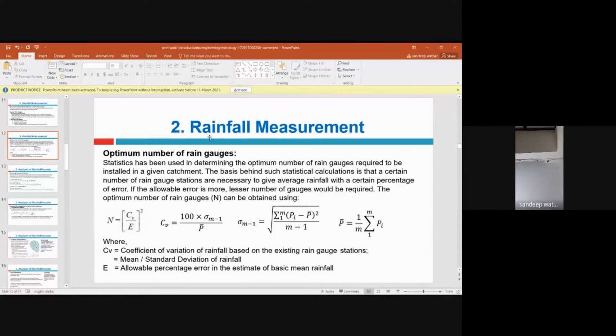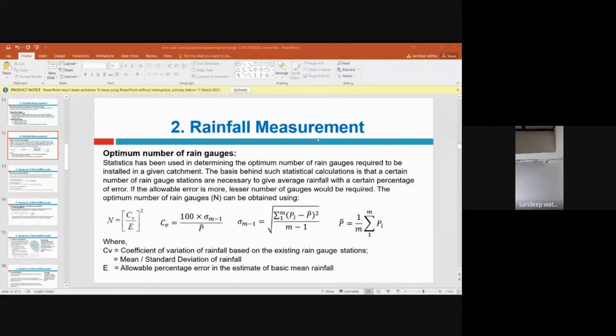See guys, please note down whatever is written in this slide. I'll briefly explain what this is. Whenever you measure rainfall, for any watershed, you never know whether the available data that you're getting from